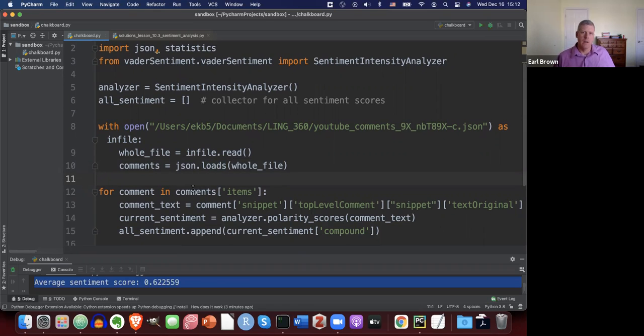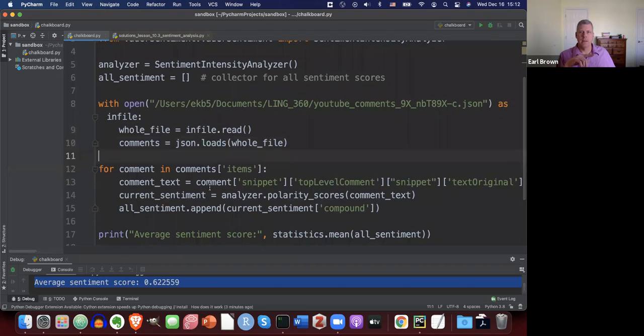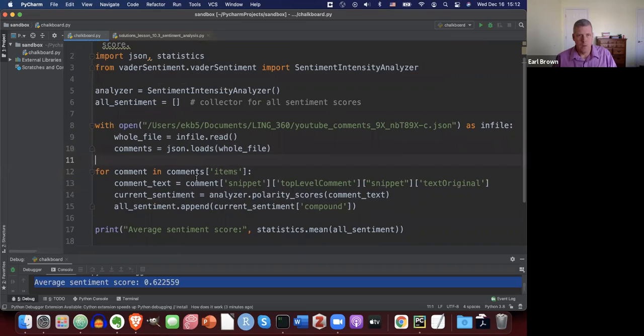Okay, then after that, I have to drill way down into this dictionary to get at the actual comments. This was the topic of lesson 10.2. If you need to review how to do this, it'd be a good idea to do so. We're going to drill down into the items key, and the value of the items key is a list. And so we're going to loop over the list